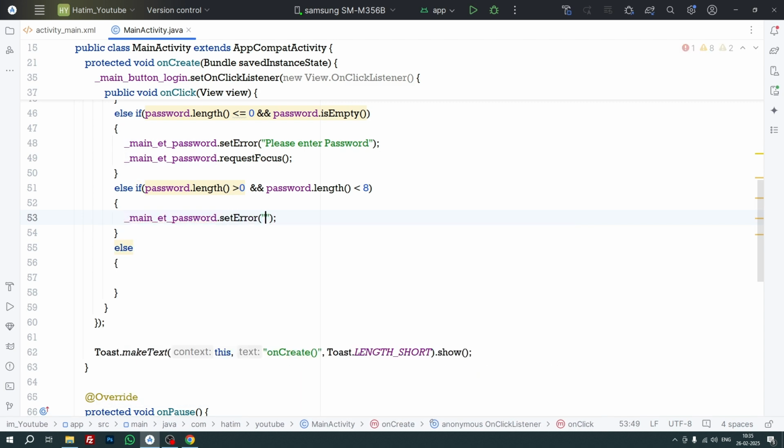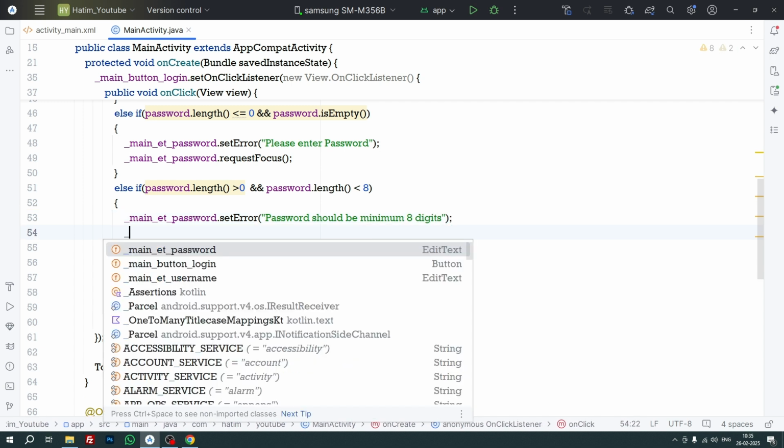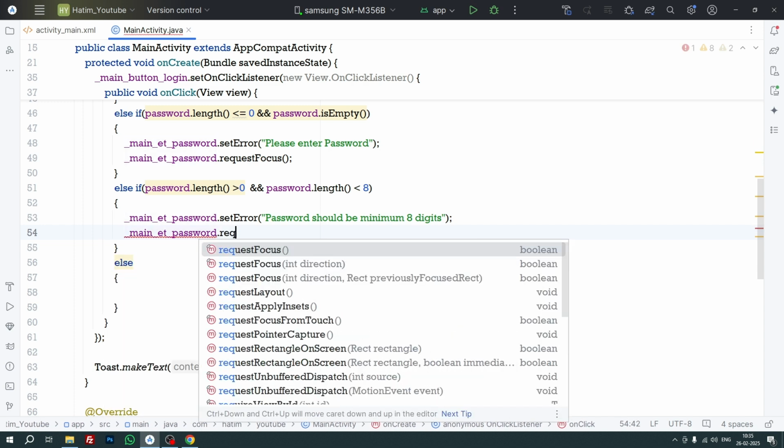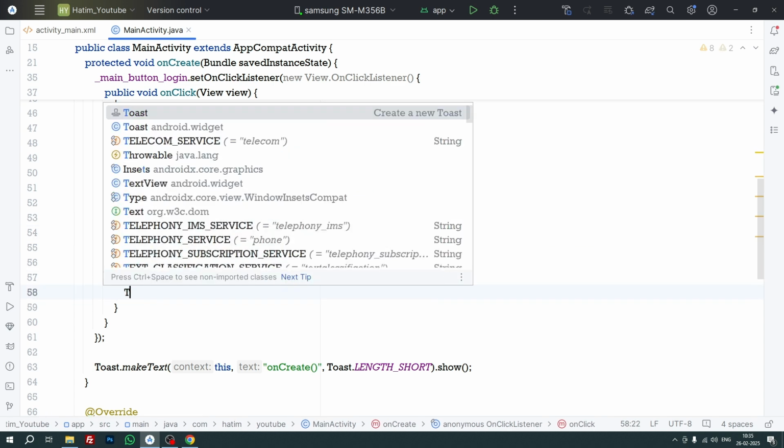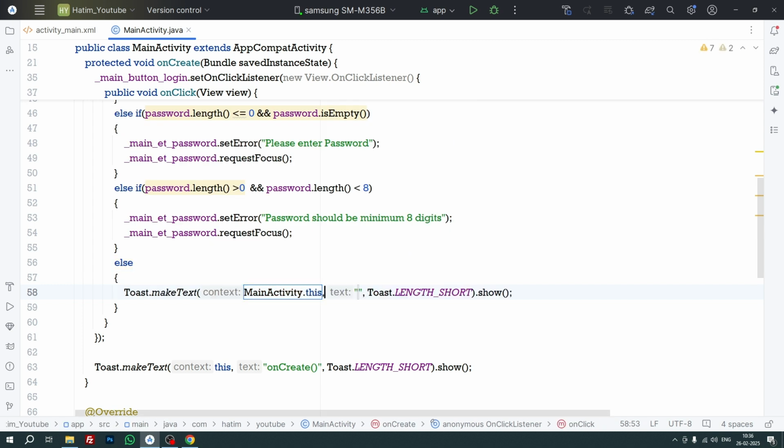Set error, password should be minimum 8 digits, and again set the focus over there. If everything is perfectly fine, then for an intimation we can give a toast message over here